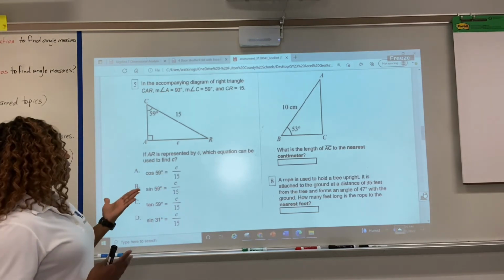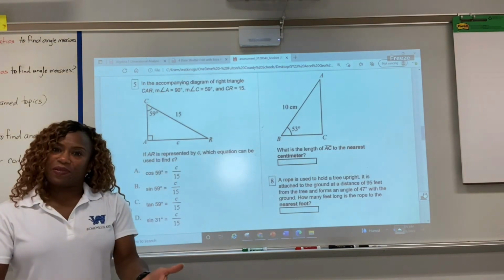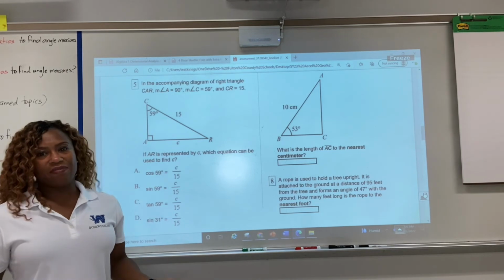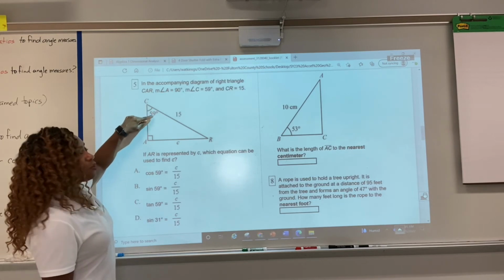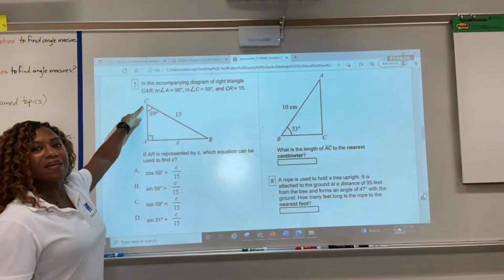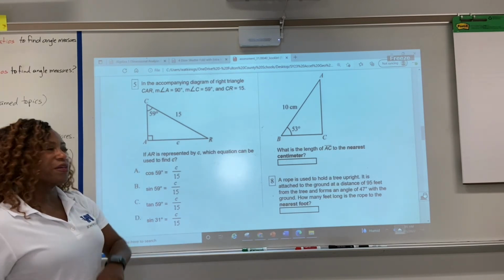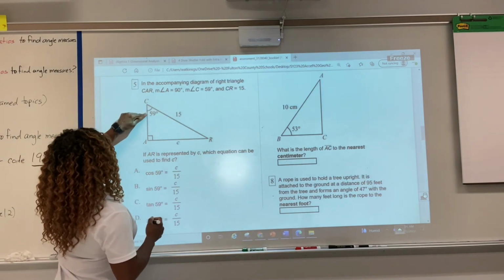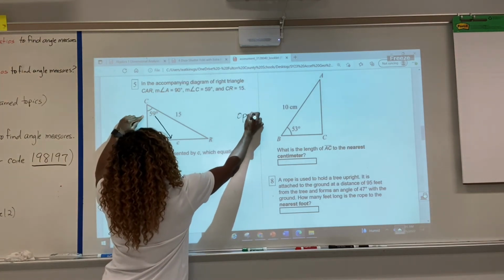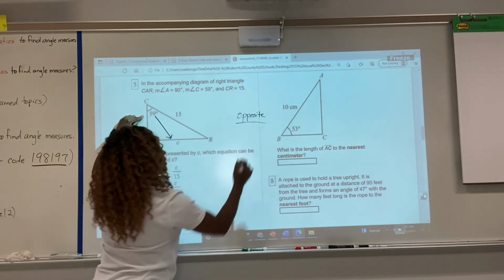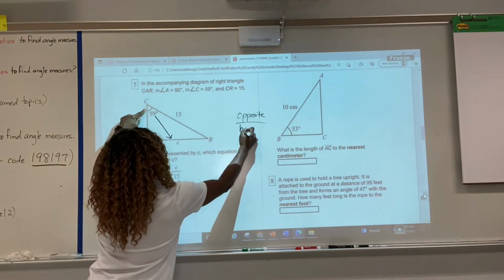Again, the first thing we have to do is look and see, do we have enough information to find side C using the Pythagorean theorem? Because that's probably the easiest way. We don't have enough information for that. But what we do have is an angle measure right here, 59 degrees. So we've got to determine which of the 3 trig ratios we have information for, and that's the one we'll use in our equation. Looking from the given angle measure, I see there's something opposite it, and that is C. So we have an opposite side with some information, even if it's just the variable. And then we have the hypotenuse. So opposite over hypotenuse